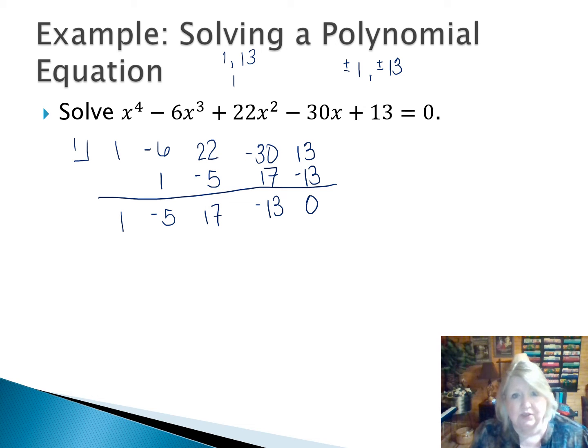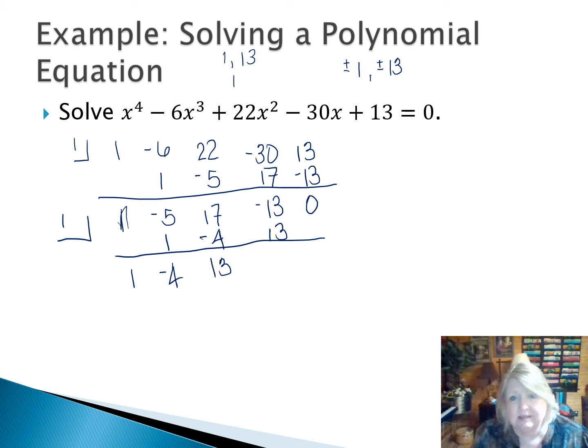But that knocks this from a 4th degree to a 3rd degree. I still don't think I can group that and make it work. So I'm going to put a little box right here. I'm going to try 1 again, just to see if I can get lucky. 1 times 1 is 1, minus 5 is negative 4. 1 times negative 4 is negative 4. Oh my goodness, can't believe this worked. 17 minus 4 is 13. 1 times 13 is 13. I just found a second 0. And now I am down to